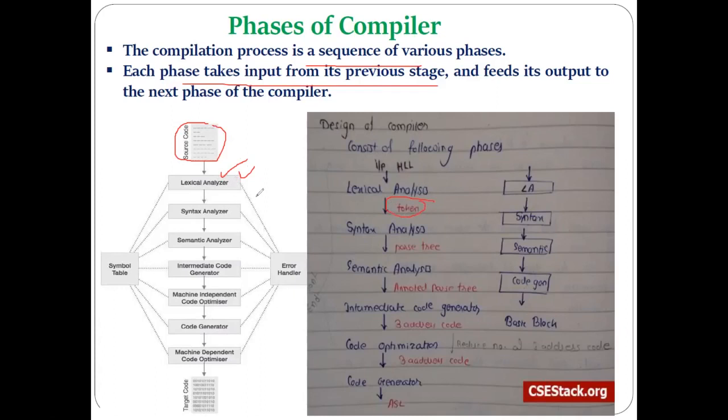So in the lexical analysis unit we have seen what a lexical analyzer is, what its role is, how it generates the tokens, what the different kinds of lexical errors are, and the automatic tool for lexical analysis, that is the lex tool, which we have also discussed. Then how the lexical analyzer performs its working, what a pattern is, what a regular expression is, how with the help of the pattern a token can be recognized, and how with the help of regular expressions you can write the pattern. All these things we have discussed in the first unit.